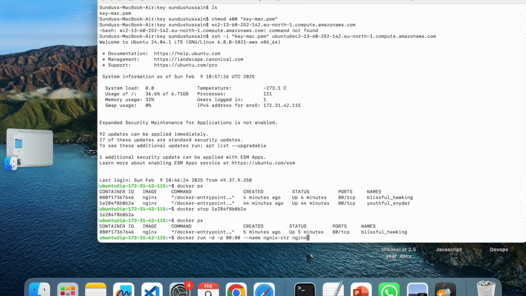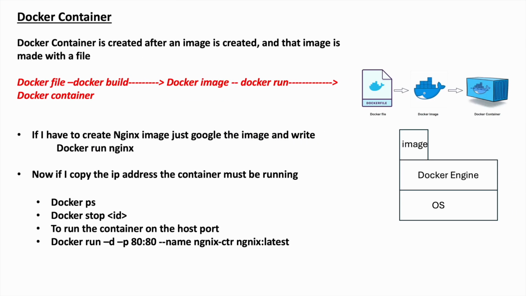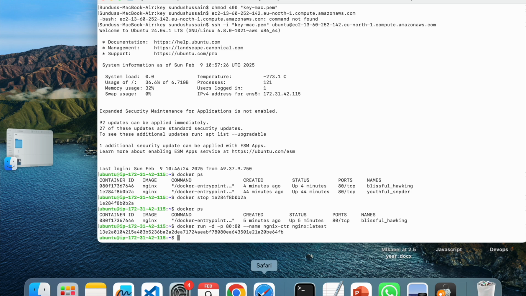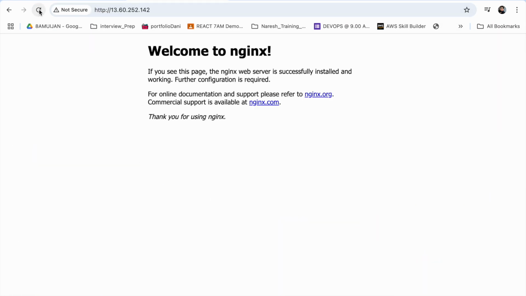This is the latest version. Now check. So it is created, and now I can check my code again. Now if you check, it says Welcome to nginx, so this image has been deployed and it is created. So this is